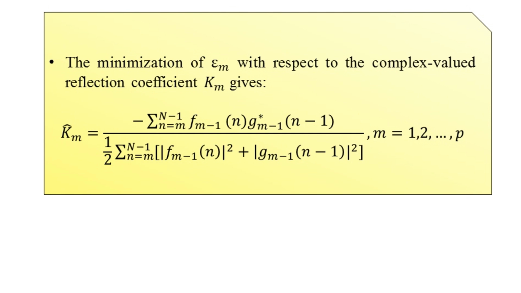So the term that we see in the numerator, of course for m equal to 1, 2, 3 and so on up to p, is the estimate of the cross correlation between the forward and backward prediction errors here. Now with the normalization factors as shown in the denominator, it is apparent that the magnitude of the reflection coefficient Km should be less than 1, so that the all pole model obtained from the data will be a stable one. Let us also note that the denominator is simply the least squares estimate of the forward and backward errors as shown.